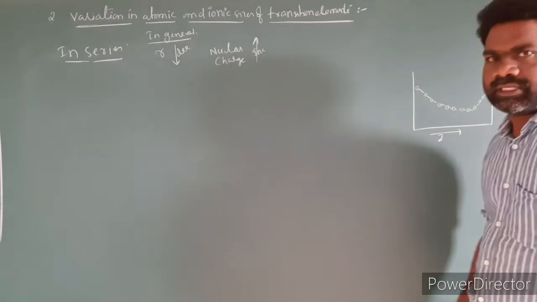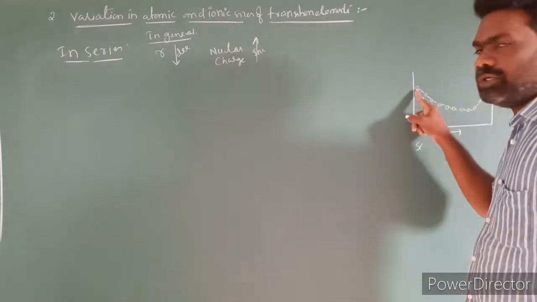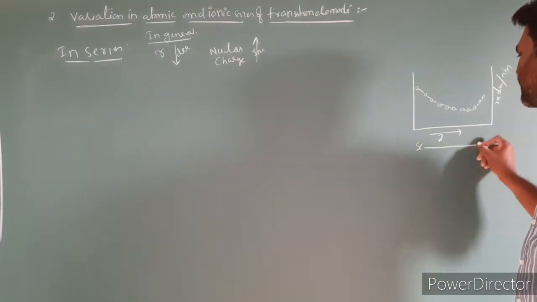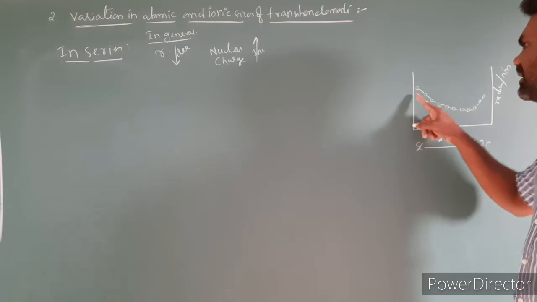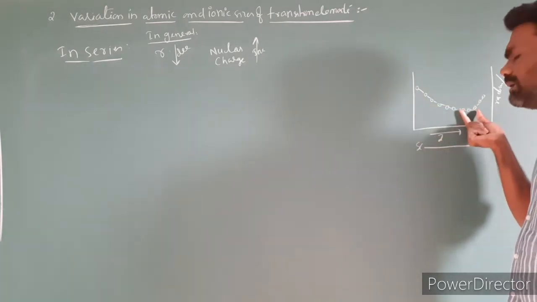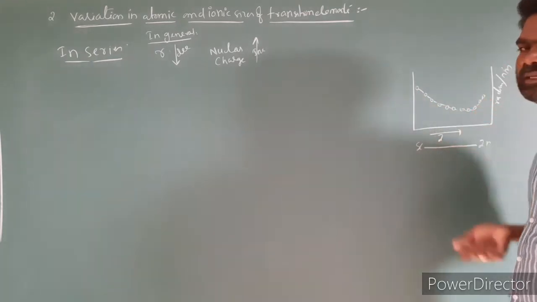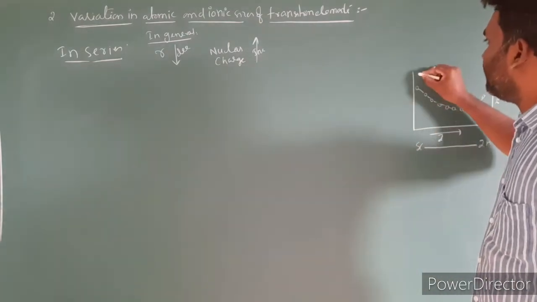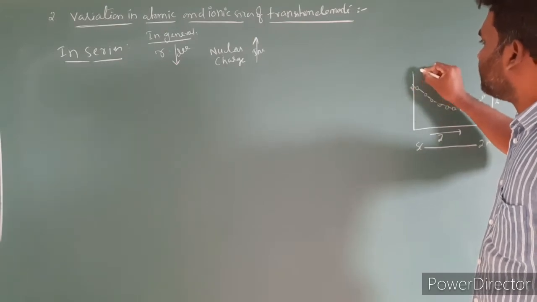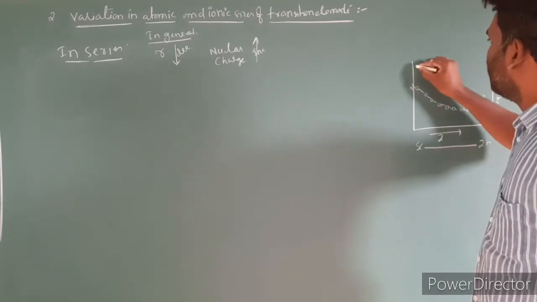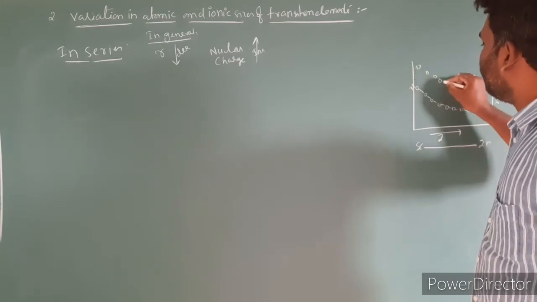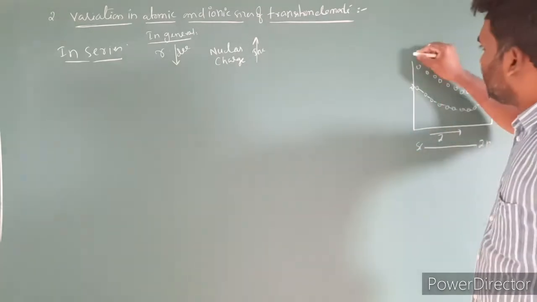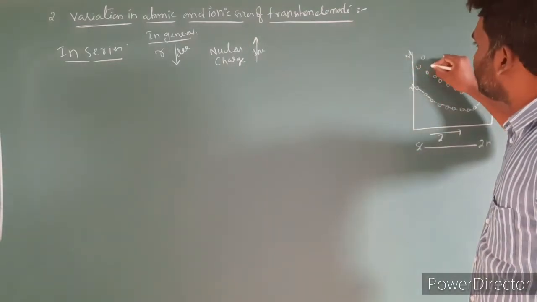If you look at these elements, from scandium to the middle of this series, the atomic sizes decrease. So from scandium to zinc, in general the atomic sizes decrease. Near the end the atomic sizes are almost constant, then the value rises. We will discuss the reason. Next, this is the 3d series. I'm taking the 4d series. Even in the 4d series, atomic sizes gradually decrease and then rise. Even in the 5d series, it is similar.